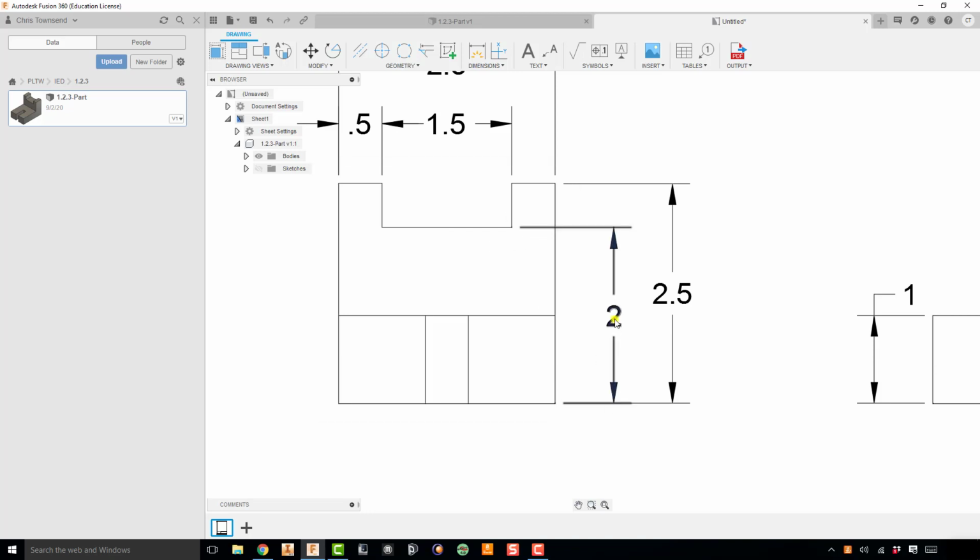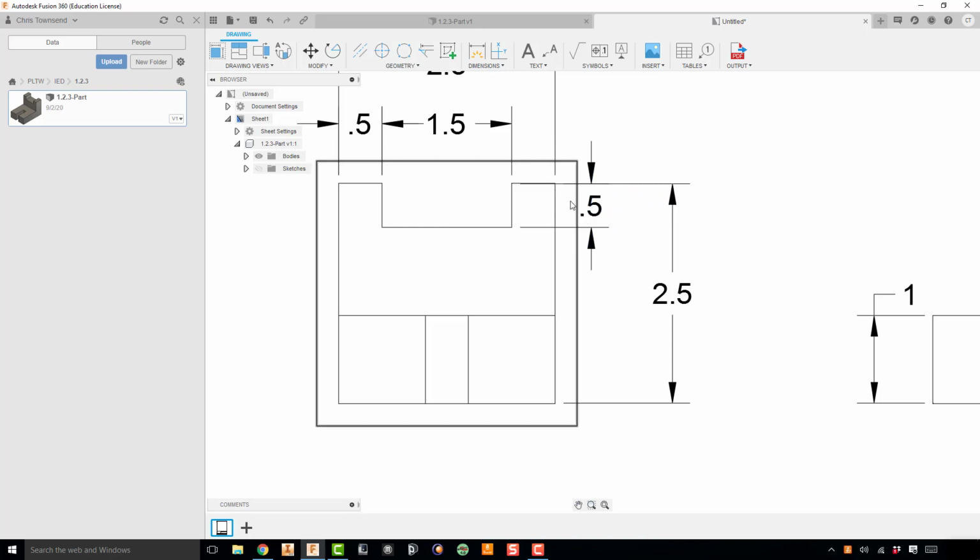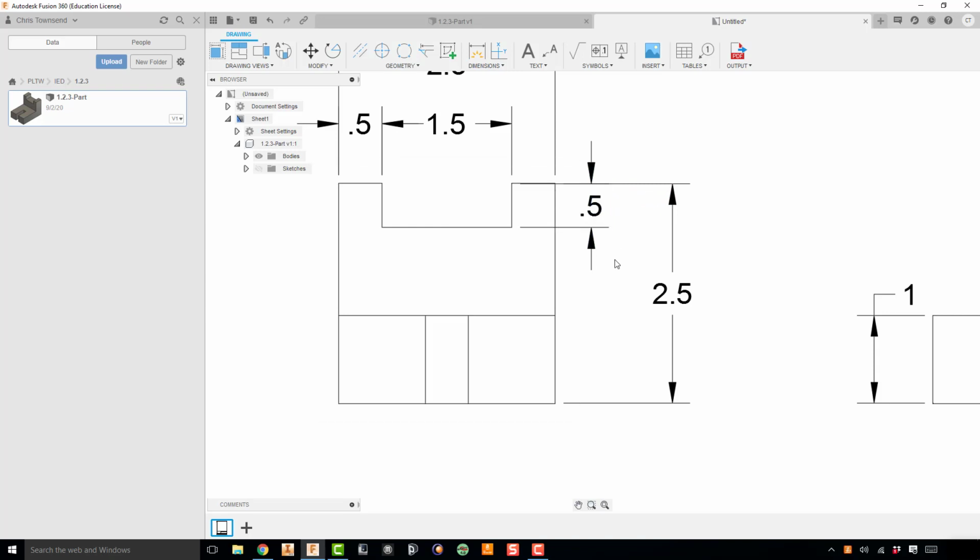Now the other option would be I could right click and delete this dimension, hit OK, and hit dimension again. The other way I could have dimensioned that is from that corner I want to dimension to this outside corner. Now if I selected this inside corner, drag this out just like I showed you earlier, right click OK, I do not have a gap here on the outside of my part, so that's incorrectly dimensioned. So I'm going to right click and delete that,